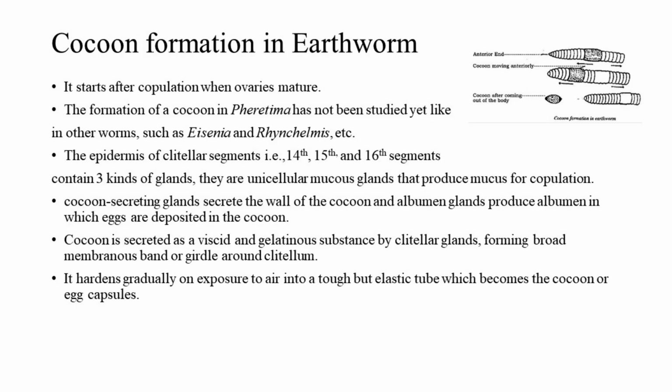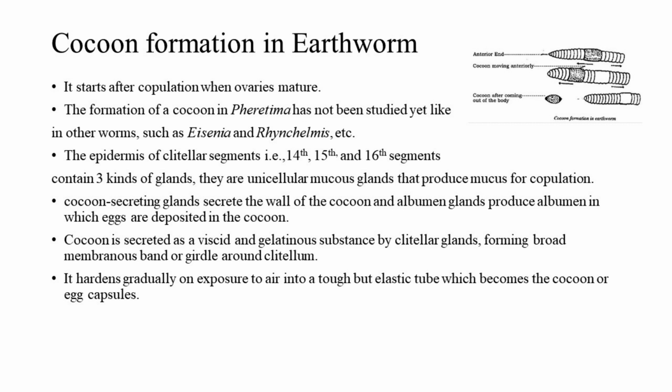Cocoon formation in earthworm. It starts after copulation when ovaries mature. The formation of a cocoon in Pheretima has not been studied yet, unlike in other worms, such as Eisenia and Rhynchelmus, etc. The epidermis of clitellar segments, i.e. 14th, 15th, and 16th segments, contains 3 kinds of glands. They are unicellular mucus glands that produce mucus for copulation. Cocoon-secreting glands secrete the wall of the cocoon, and albumin glands produce albumin, in which eggs are deposited in the